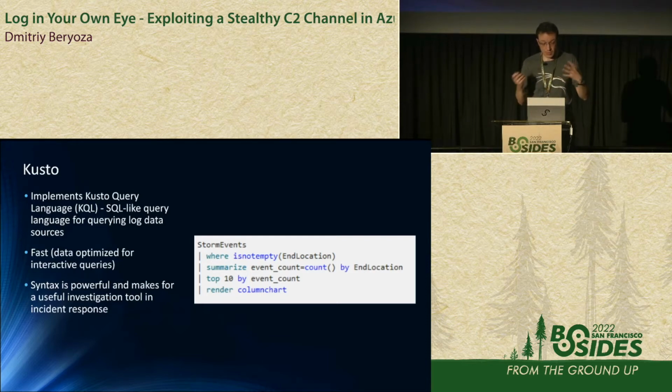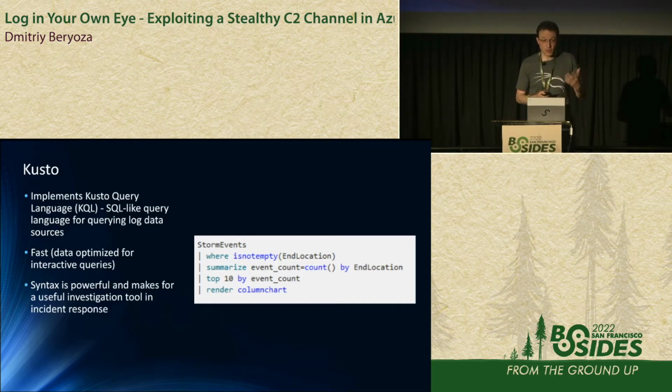You can do things with multiple tables, and logs are presented as tables in this environment. So essentially, you're building data queries over these different log sources. You could join, you could intersect, you could do all kinds of stuff. And another important feature of it is that it's really fast. I'm not sure how they do it exactly. I think it's just massively indexed on the back end, but your queries are very quick.